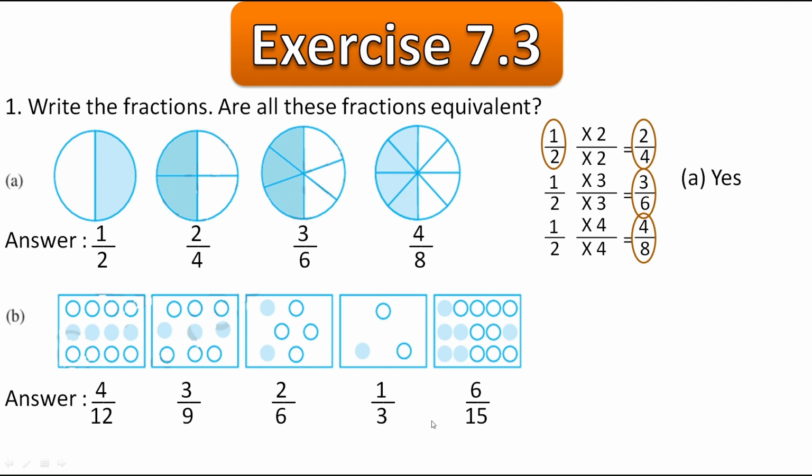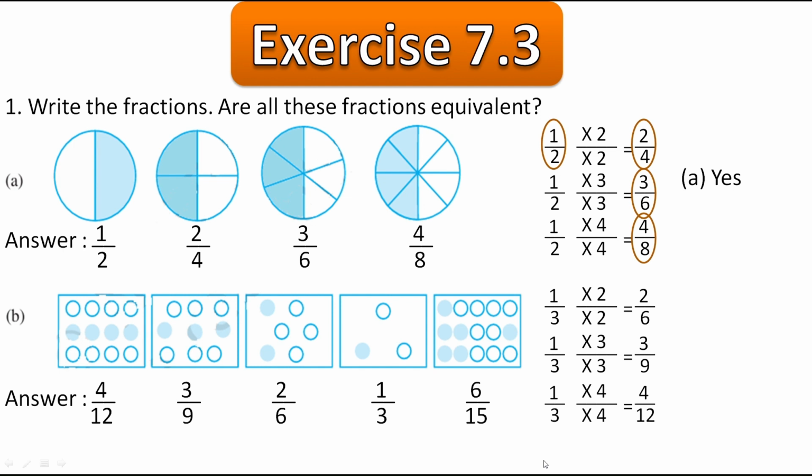Here the smallest fraction, the lowest form of the fraction, is 1 upon 3. So let's multiply with 2. First we are getting the answer as 2 upon 6 which is this one. Okay. Now if I multiply with 3, then I'll get 3 upon 9 which is present here. Now if I multiply with 4, I'll get the answer as 4 upon 12 which is the first fraction. Now if I multiply with 5, then I'll get the answer as 5 upon 15 but which is not